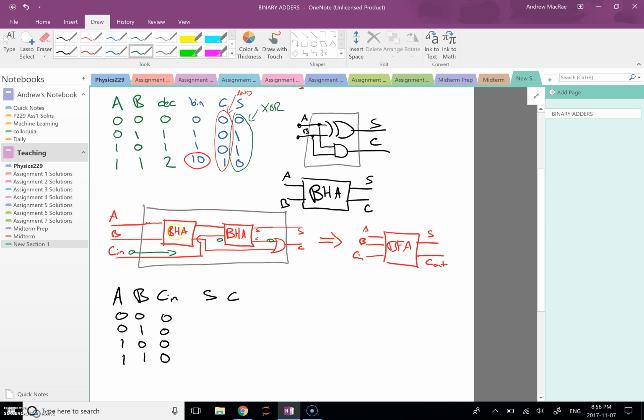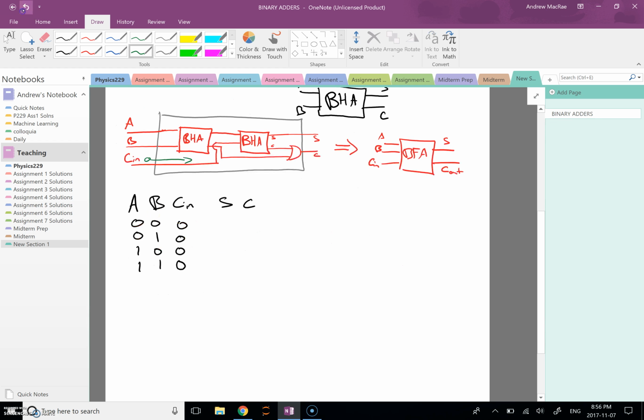Similarly, since we have a 0 to this part, the output sum is going to be whatever we put in to the sum from A and B. So this is going to be exactly the same as our binary half adder. Namely 0, 0, 0, 1, 0, whoops. I put these backwards. I'm going to swap them around